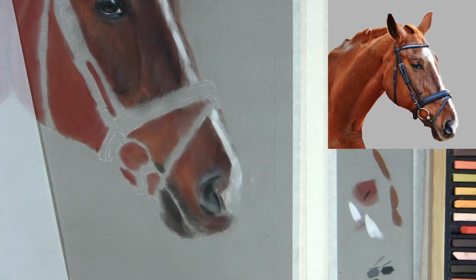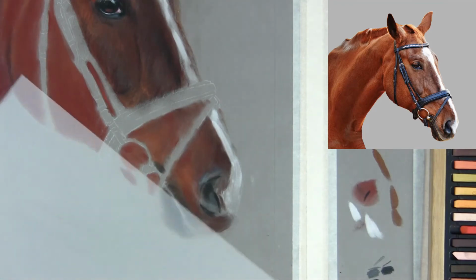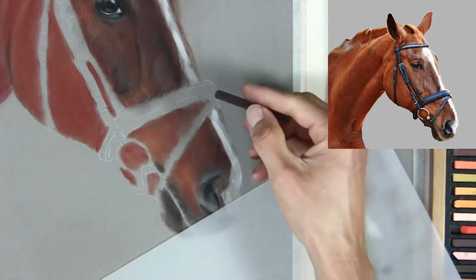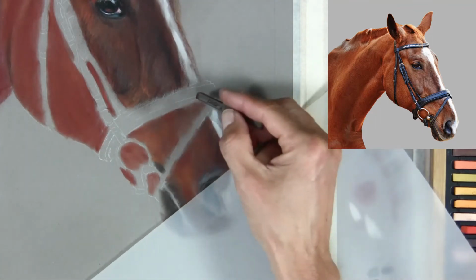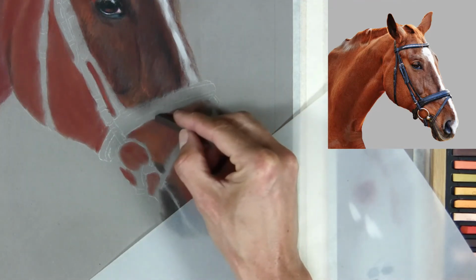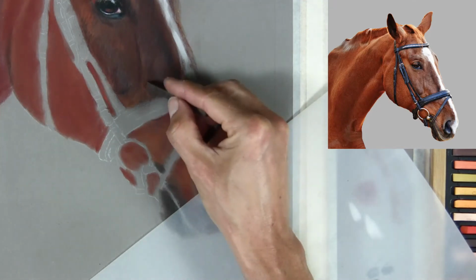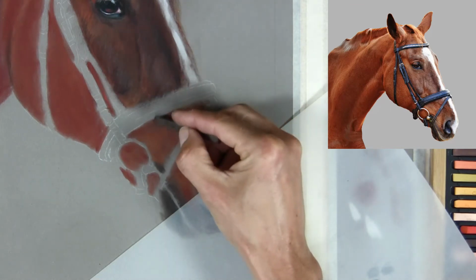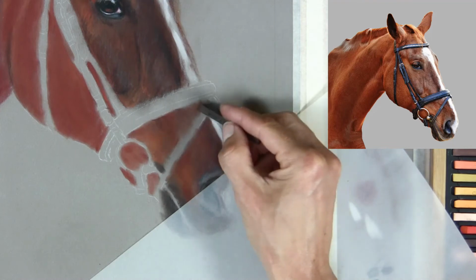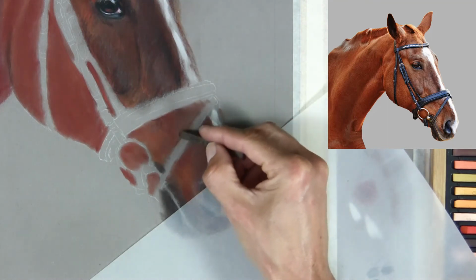So I'm moving on down now to the nose and mouth section, which is one of the more interesting sections for me. It's got lots of softness in there as well, and that very short hair. So I'll do this part first, as I'm making my way down. What I don't want to do is get too detailed on that eye and surrounding area section and then find I can't match the colours